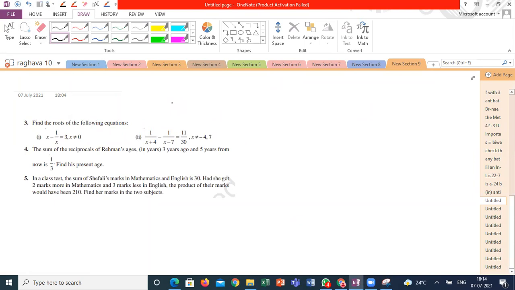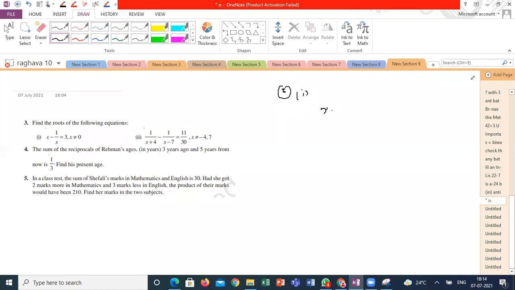You can use factorization, you can use completing the square, or you can use the formula. My suggestion is, if you are willing to do formula, just apply the formula. All practical questions you can do using the formula. How to do the first question? Arman, Durlo, Harita, Jahanavi, how to do the question number 3 first question?